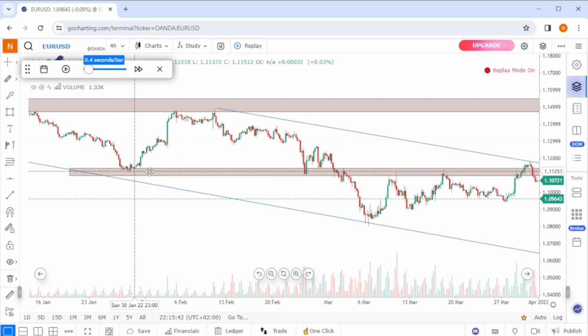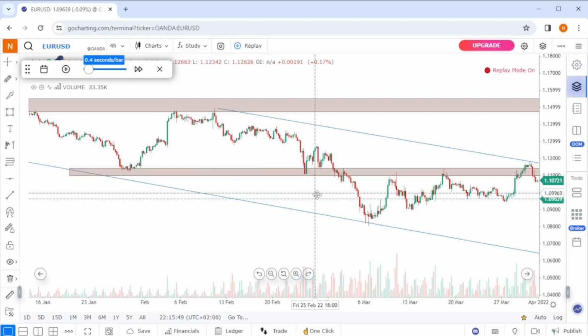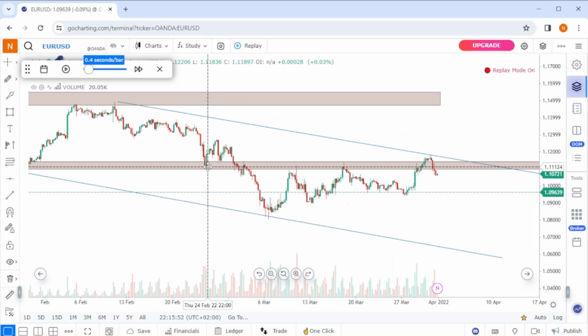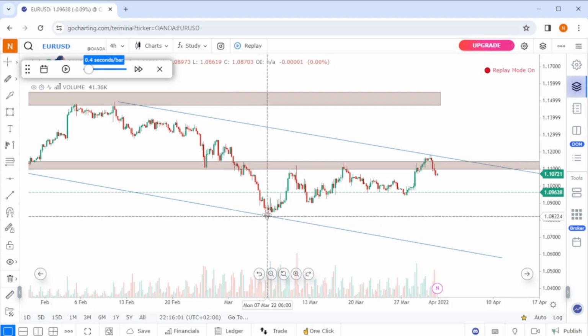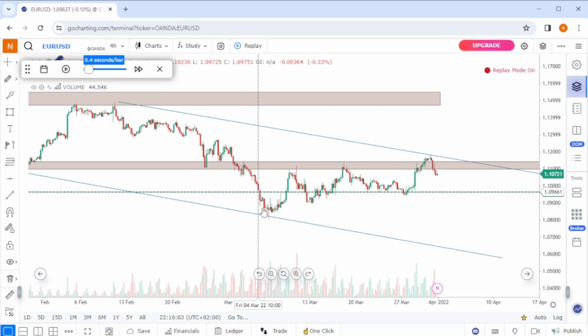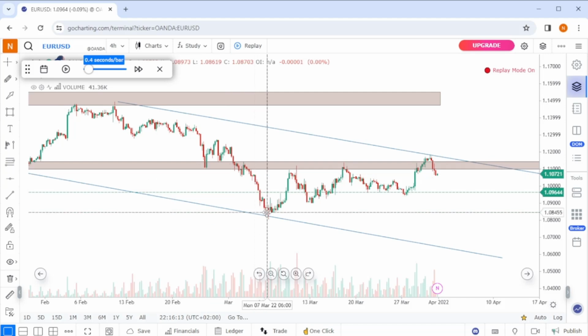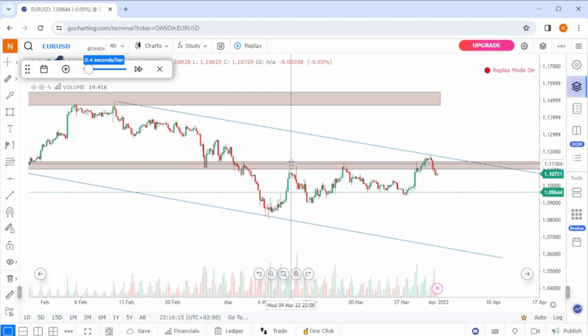So that's how we know that's our resistance area. And this is our support. Just to remind you, this is our support because price is failing to break below. Price bounced off here, and eventually broke below. Usually, price will either break support or resistance in some cases, but in this case, it will usually break support. And then in most cases it will retest